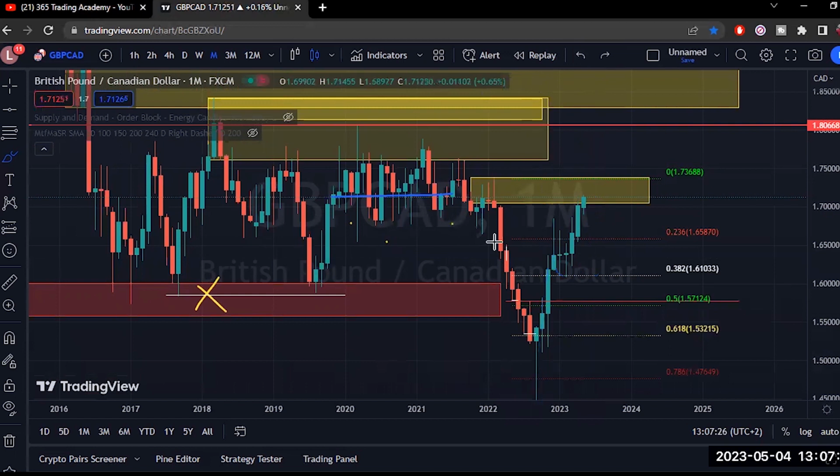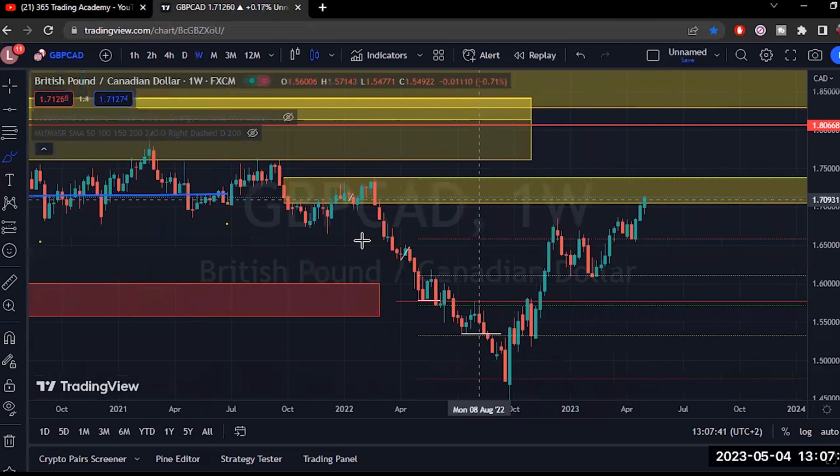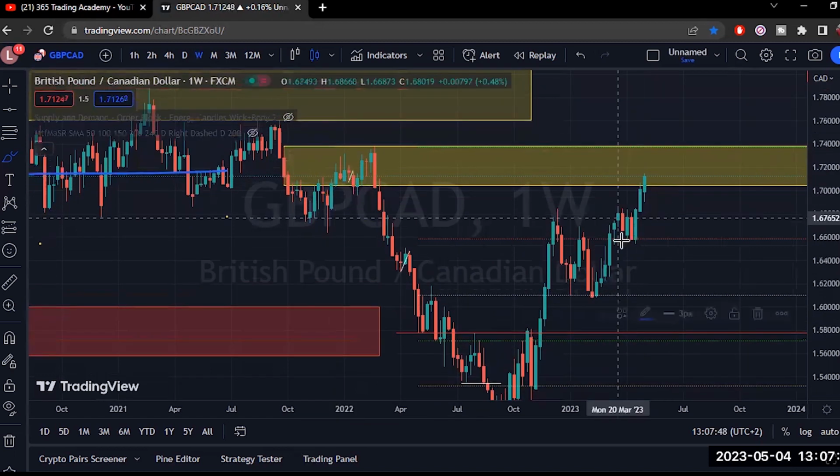So let's keep scrolling. There's no point in talking about any of these other zones until this zone here is removed. It's as simple as that, right? Because none of those higher supplies are going to matter right now until this zone is removed. And until it's removed, we have to assume that there's a plan in place, right? If we go to the weekly time frame, there goes our bearish engulfing pattern that is really in charge of what's going on. And then we can start to see, right, momentum buying setups, right?